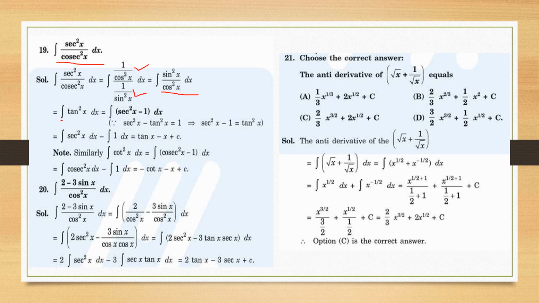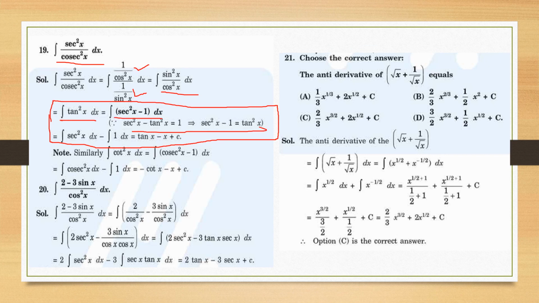You know that the integral of secant square x is tan x, okay? But when tan square x is to be integrated, remind it, commit it to memory, that you have to open it by the identity: secant square minus tan square equal to 1. So it becomes secant square x minus 1, separate the integrals. Secant square x integrates to tan x, 1 gives x, and plus c.